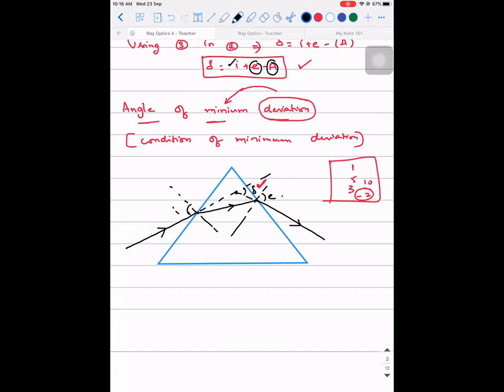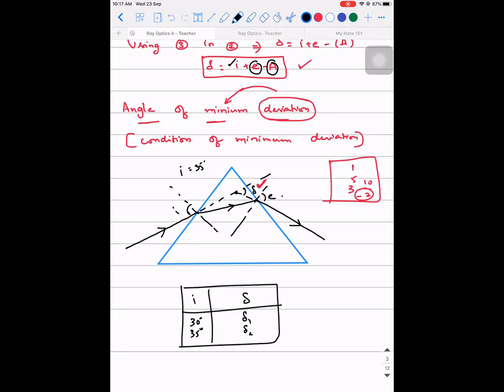But angle of incidence is in whose hand? It is in our hand, right? We can do the experiment. So suppose I use i equal to 35 degrees and I do an experiment. If I prepare a table between angle of incidence and the angle of deviation, let's say initially I'm using the light to be incident at 30 degrees. Let's say the angle of deviation I'm getting is delta 1. Then if I increase it to 35 degrees, my question is, is it still going to be delta 1? The answer to that is no.